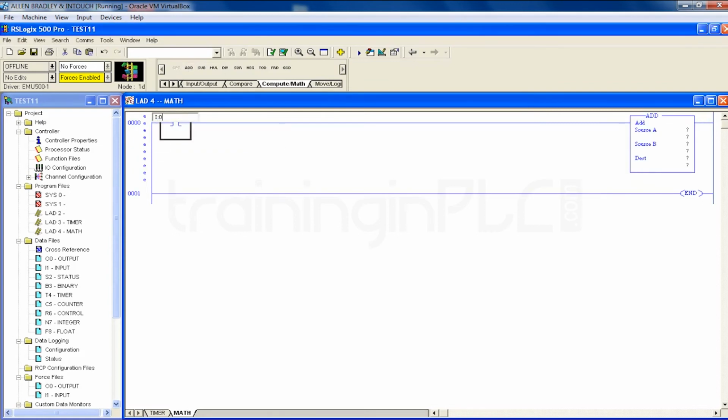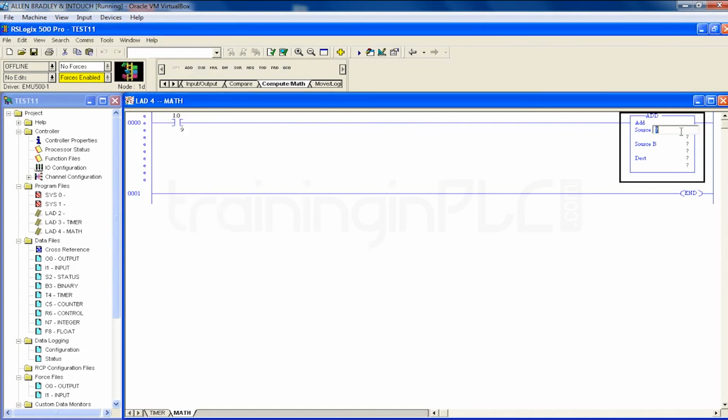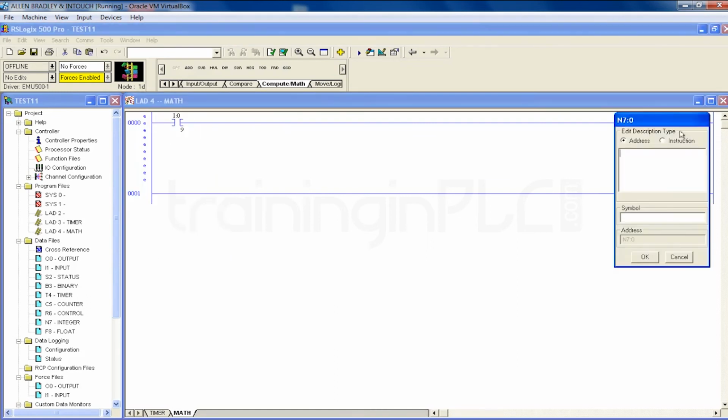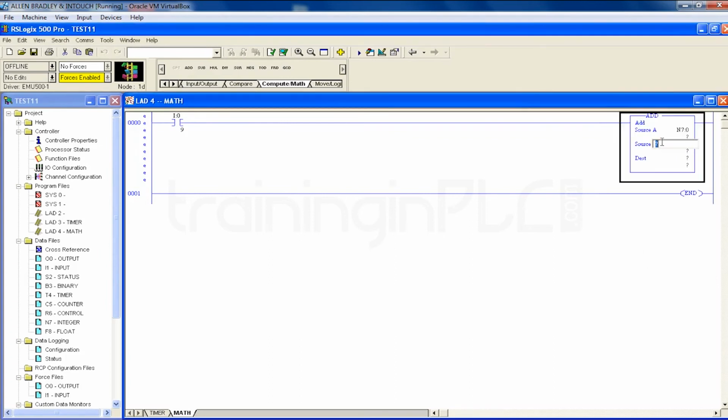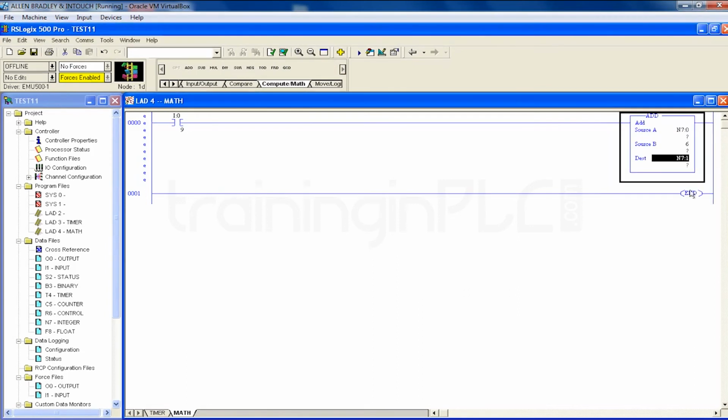So just give one different input first and take N7:0 here. Let it be some constant, and this should be the address, right? So this is the math function I'm going to do.